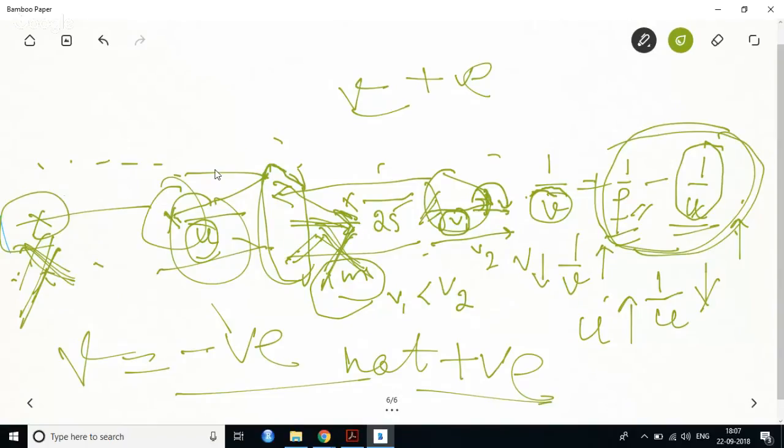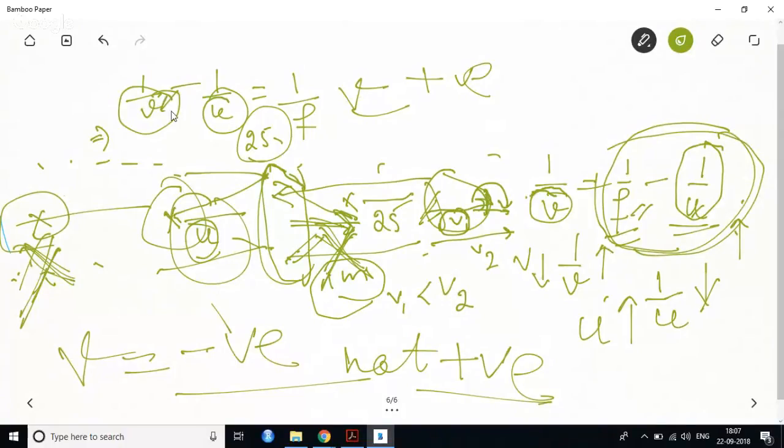So in this question, what happened? 1 by V minus 1 by U is equal to 1 by F. Now what should be the value of U? Anything which should be 25 centimeter for normal eye. As the near point has changed to 100 centimeter, now everything should go to 100 centimeter. So 1 by minus 100 and 1 by minus minus 25. That's what I did. So Shomik is saying it's okay.